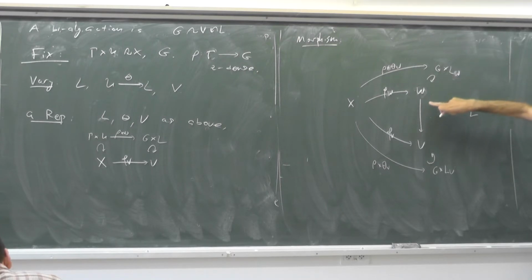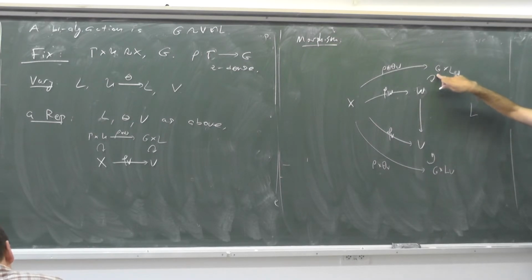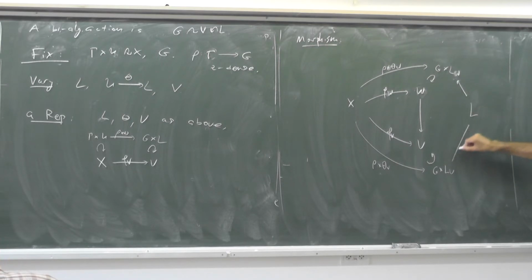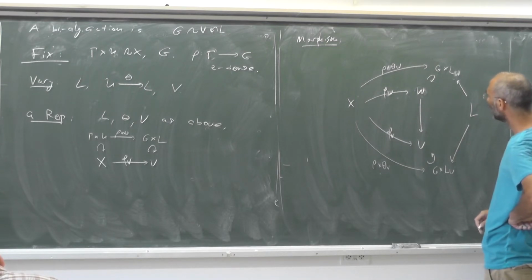equivariant. So I want this map, of course, to be an algebraic map between these varieties, which is G equivariant, but it is also equivariant with respect to the L's. But again, I have to relate them. So I will have one guy, L, which maps to both L's. So by this, L acts on W and L acts on V. And I would ask this map to be L equivariant. And of course, this should be related